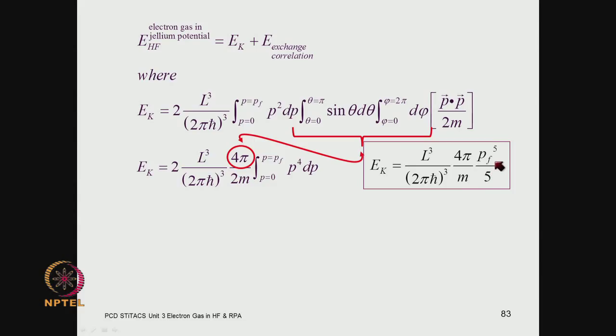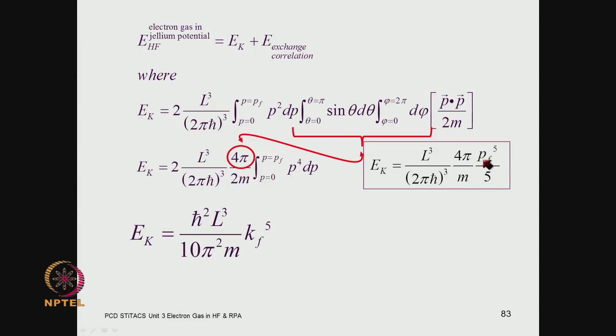So, that gives you p to the 5th, at the Fermi momentum, over 5, and this is the expression for the kinetic energy term. You get h cross square after simplification of all the terms. You have got 2 pi h cross to the power 3, and then you had